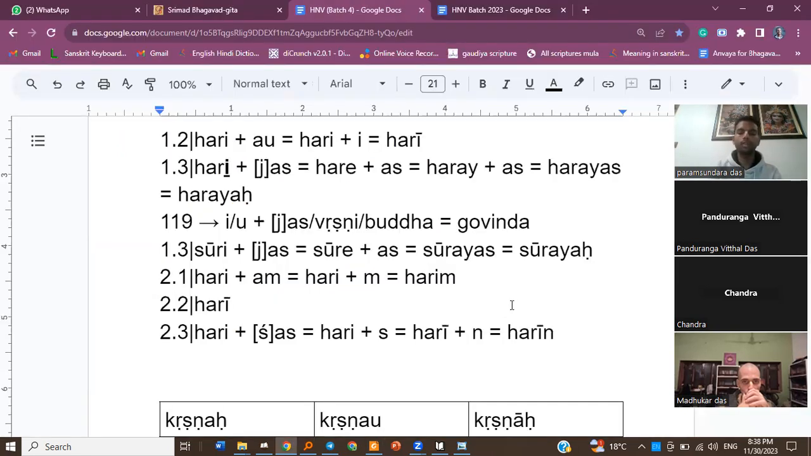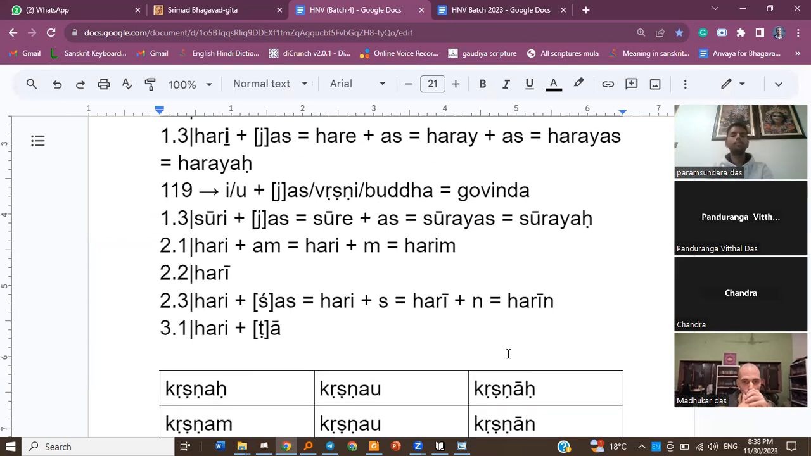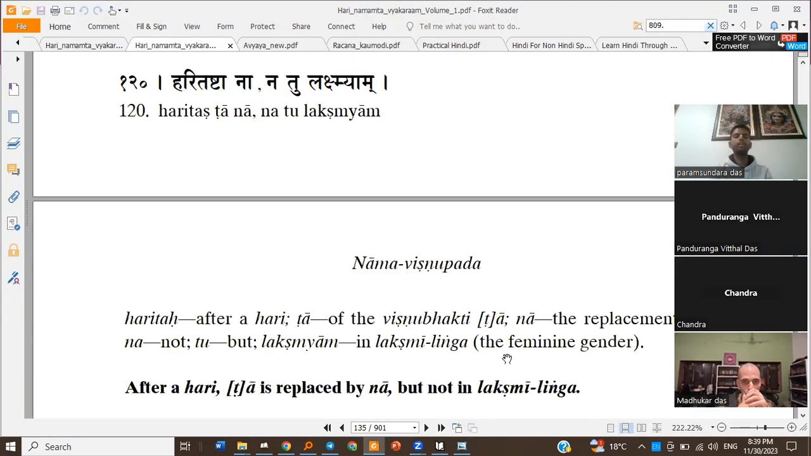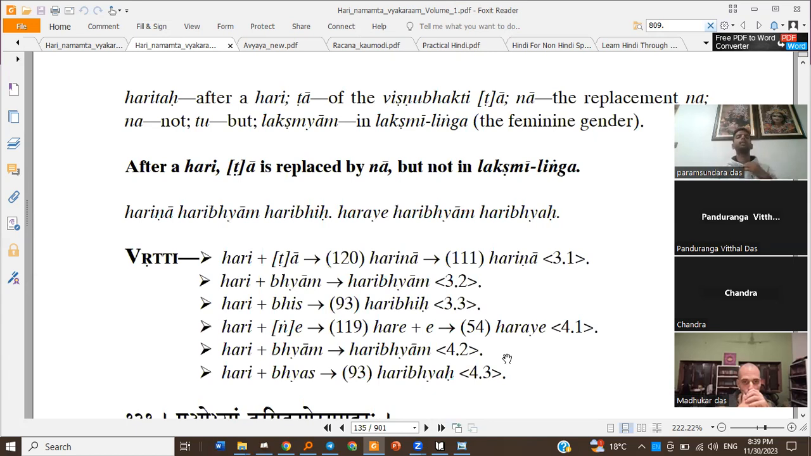Then the next one is Hari. Ta. Sutra says 120th, Haritashtana Natu Lakshmya. After Hari Shabda, this Ta is replaced by Na, but not in Lakshmi Linga. So not in Lakshmi Linga, other places Ta will get replaced with Na. So Ta is replaced with Na, we get Harina, and then we apply 111th Sutra, the Natva Vidhi, so we